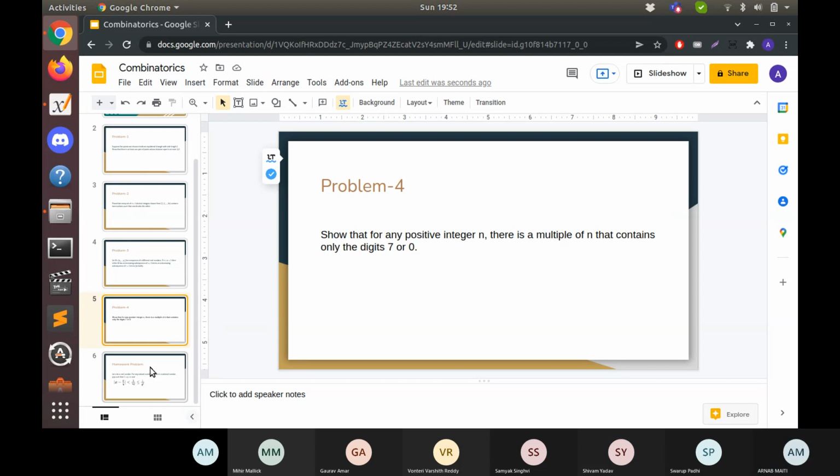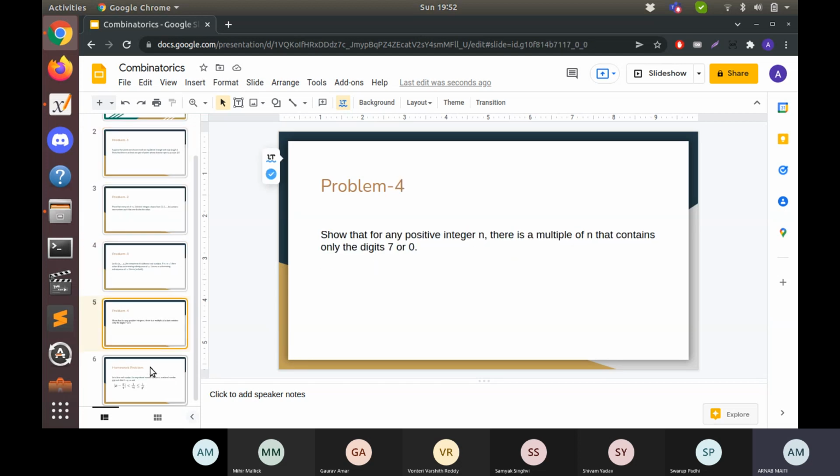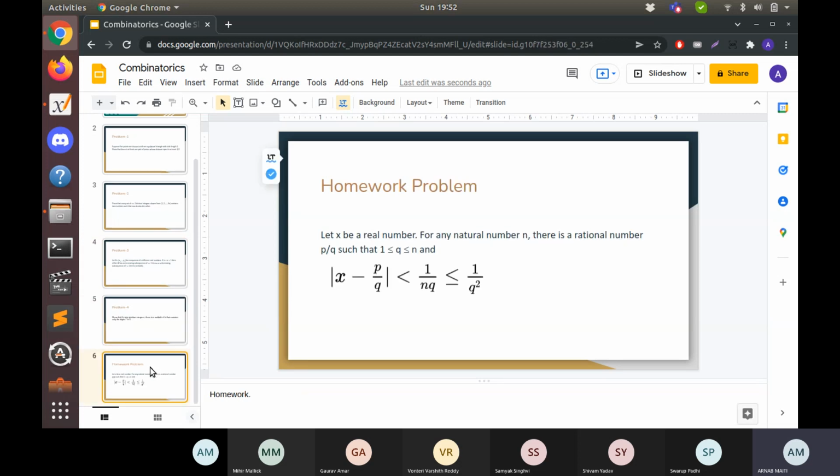Yeah. And like this problem, problem 3, I couldn't explain it that cleanly because my voice was a bit problematic today. But I hope 1, 2, and 4 were clear. The choice of question 3 was not right because it is a bit lengthy to explain here. But I'll upload a material which has this as a solution, which is quite clean, so you can go through it. And this homework problem is also quite simple. I'll explain it and I'll end this session.